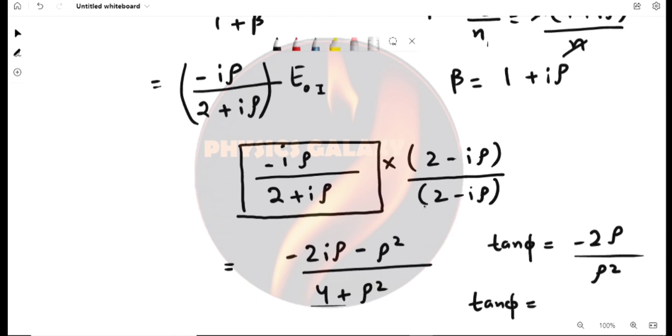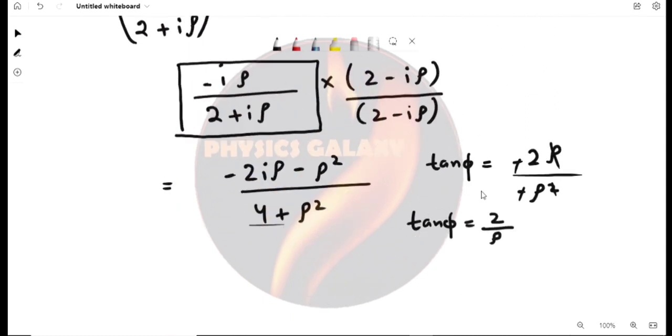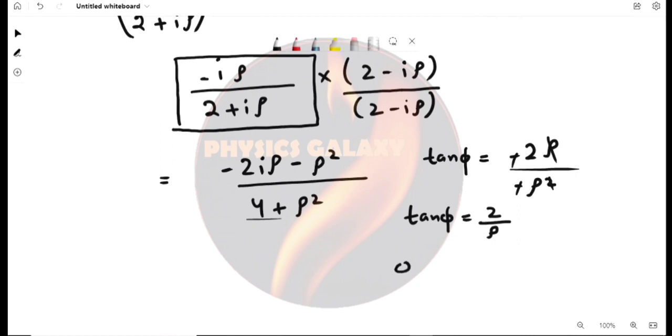Minus minus cancels out, one rho cancels out, and it's simply tan of phi equals 2 by rho. So this is the phase for this equation. To get the phase, we'll write phi equals tan inverse of 2 by rho. So basically what I did, I